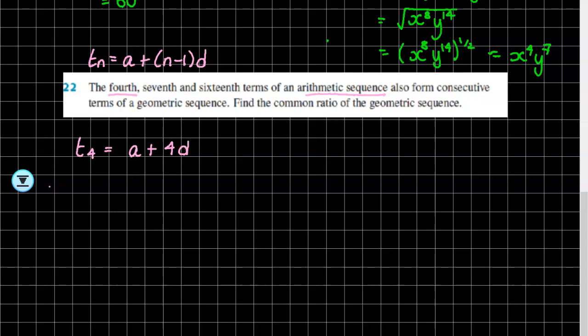3D. I knew that. Who's 3D? Sorry about that. And then while I'm doing that, I might as well do the same for the 7th. That would be A plus 6D. And while we're here, might as well just do them all. The 16th term, that will be A plus